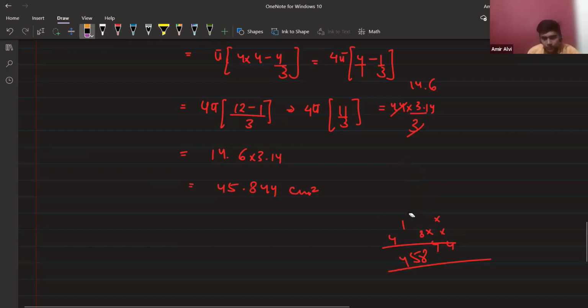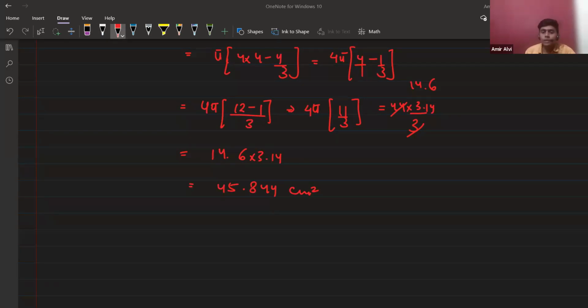Clear, everybody? I'm not going to give the exam, but I'm solving it in front of you so that you can get accustomed to it. Clear, everybody? Yes, sir. So in the NCERT, it's given as 46.1 centimeter approx. So it's all about 46 around, because I have not divided this thing up to 2 decimals. If I had divided it up to 2 decimals, it would be somewhat 46.1. Clear, everybody? So let's take one more question here.